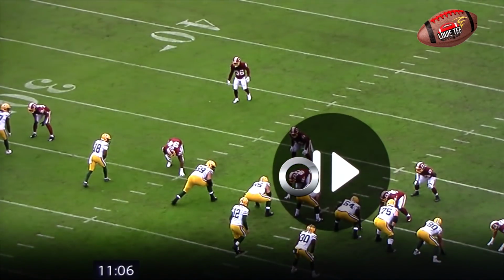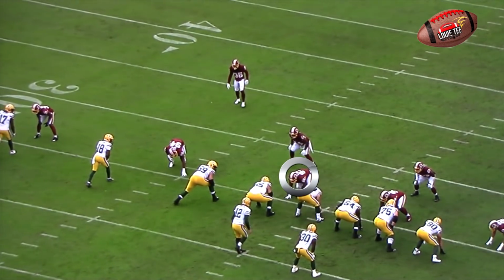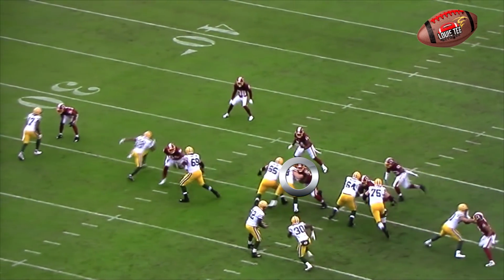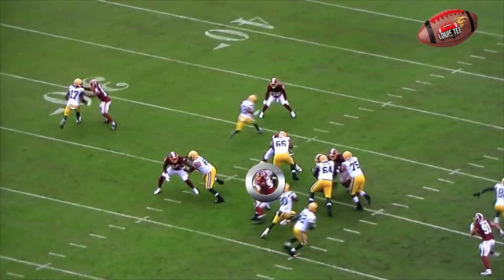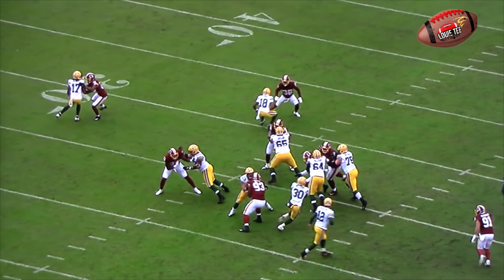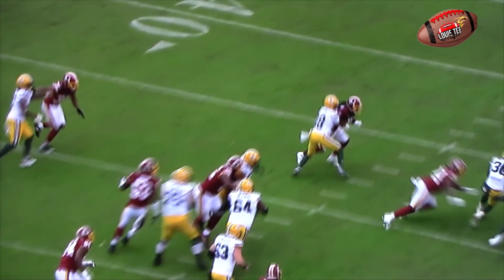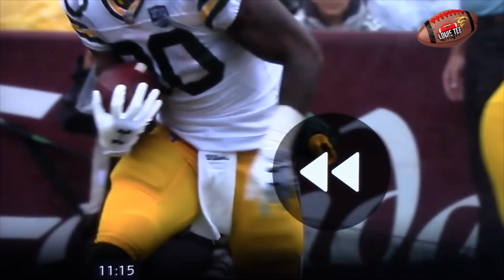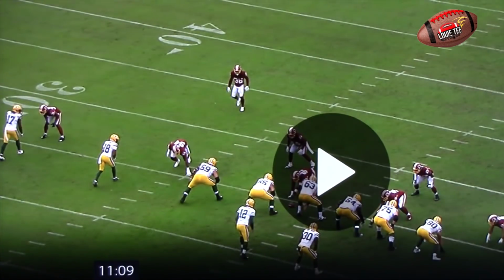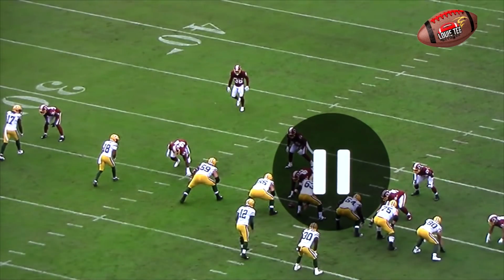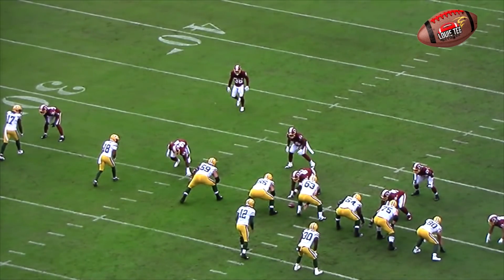Watch him blow this thing up initially and force the cutback of this running back. Beats the center across his face, and voila, that running back has no choice but to cut it back. Look at the amount of space. You could have driven an 18-wheeler through that cutback lane. Let's go backwards though and take a look at why there was so much space there for him to maneuver. And so Allen blows the play up, turns the running back into where he perceives there will be help. Take a look